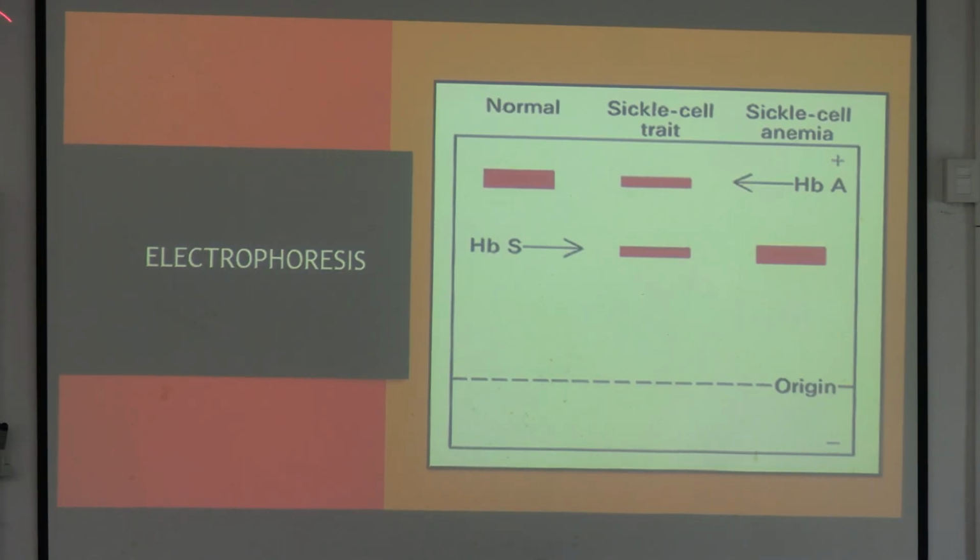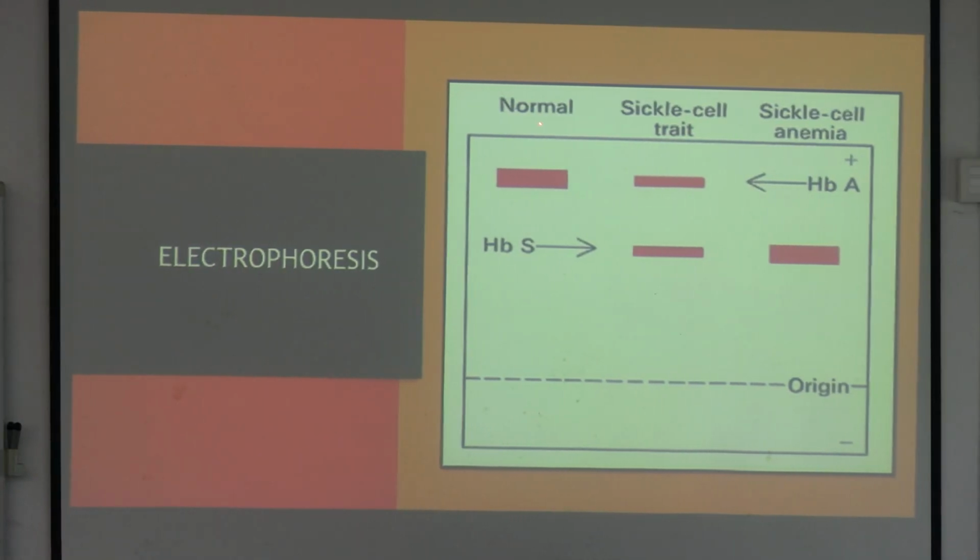Electrophoresis বলেছি, definitive quantification, এই যে নরমাল দেখ হিমোগ্লোবিন এ বেশি থাকছে, হিমোগ্লোবিন এস কম থাকছে, থাকছেই না। সিকেল সেল ট্রেট, নরমাল হিমোগ্লোবিনও থাকছে, হিমোগ্লোবিন এও থাকছে, হিমোগ্লোবিন এসও থাকছে, বোঝাতে পারছি? কিন্তু সিকেল সেল অ্যানিমিয়া দেখ হিমোগ্লোবিন এ থাকছে খুবই কম, কিন্তু হিমোগ্লোবিন এস বেশি থাকছে, তাহলে এটা ডেফিনেটিভ হিমোগ্লোবিন ইলেকট্রোফোরেসিস।